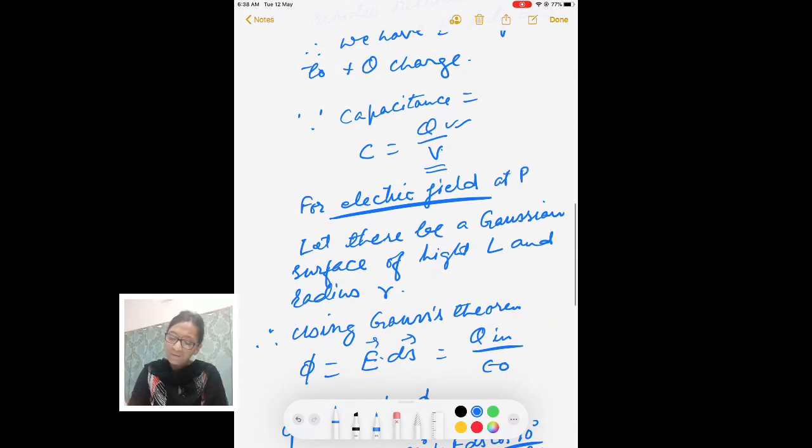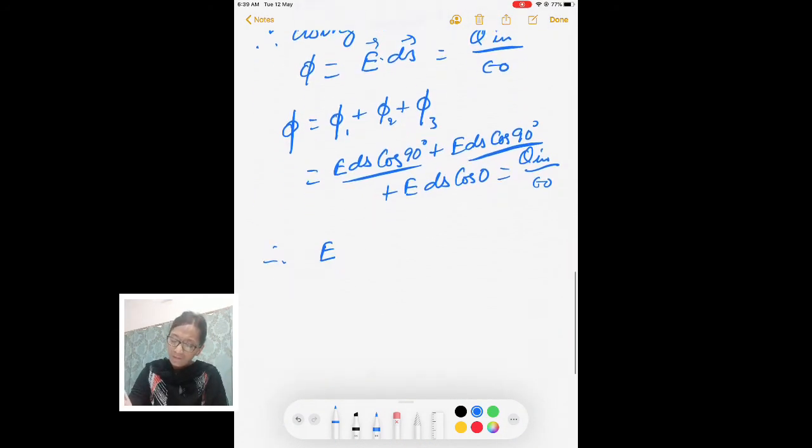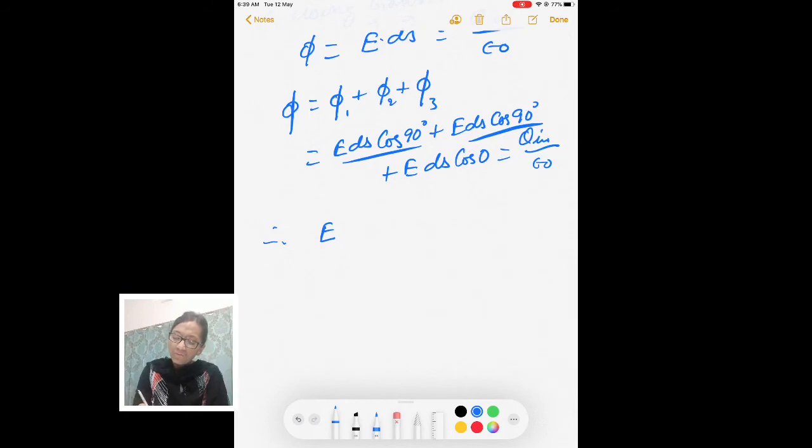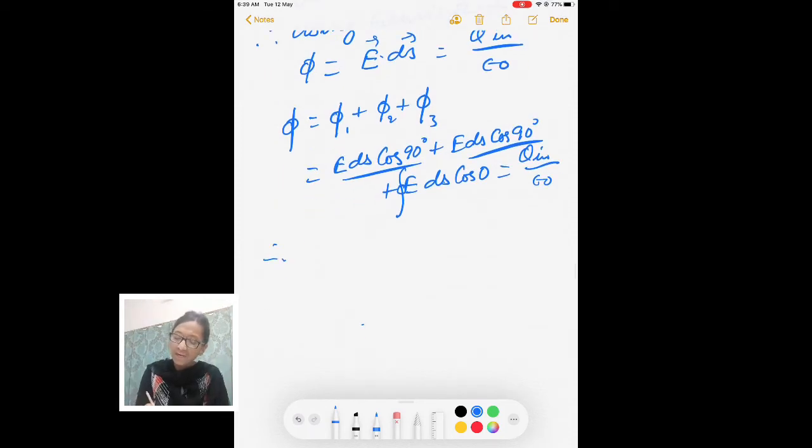At P, okay, electric field at point P. So we will find surface area at that very point. We will integrate all the E dS. We will integrate on the whole surface, and we will get